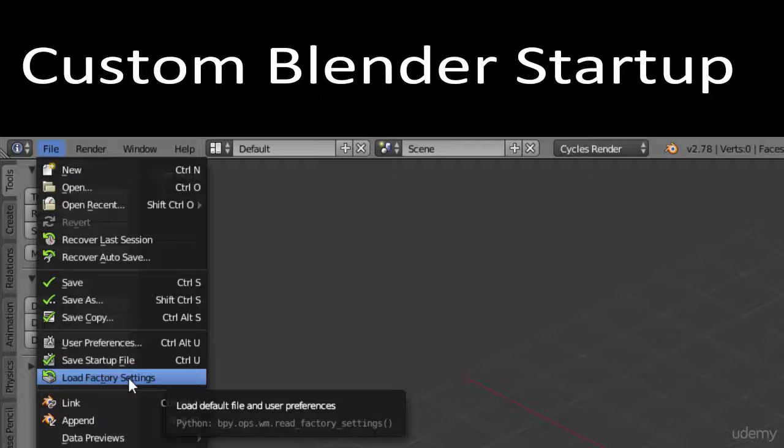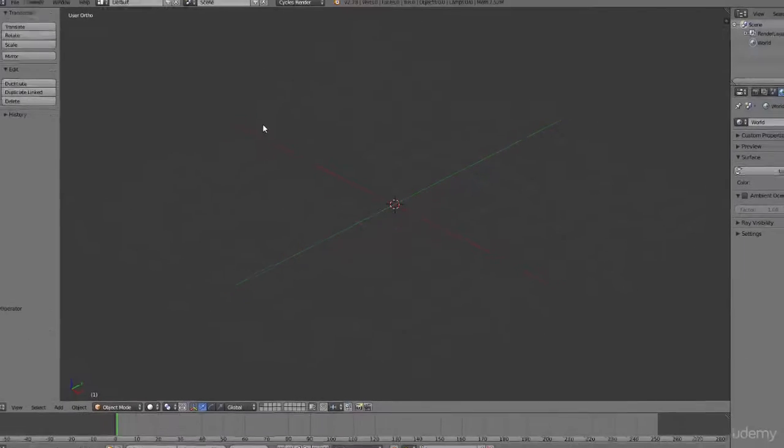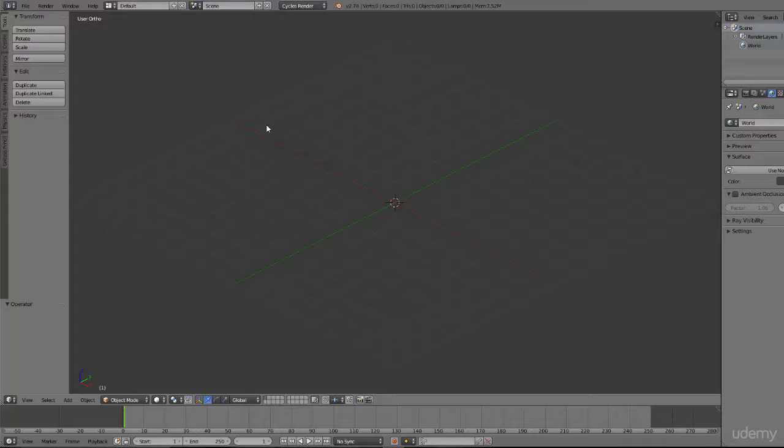In this lecture, I'm going to show you how to set up a custom Blender startup file. I'm using one right now. I find this to be helpful in some ways, not absolutely necessary, but it definitely reduces some of the redundancy while working with Blender. Okay, so in order to get started, why don't I first show you how to restore